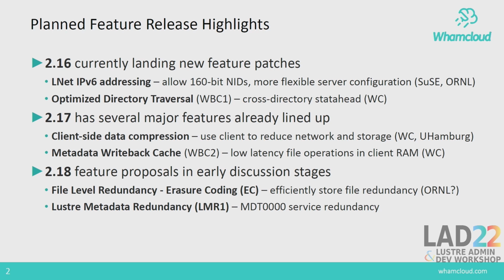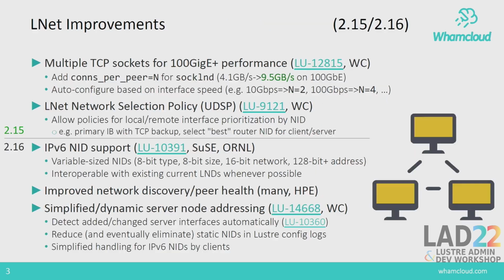Erasure coding is something that had again started quite a number of years ago with a prototype, and Oak Ridge is taking over the development of that feature as well. We're talking about whether we can start implementing some components of Lustre metadata redundancy to allow reliability for MDTs. So on the LNet side, in 2.15, one of the features that landed that was quite interesting,